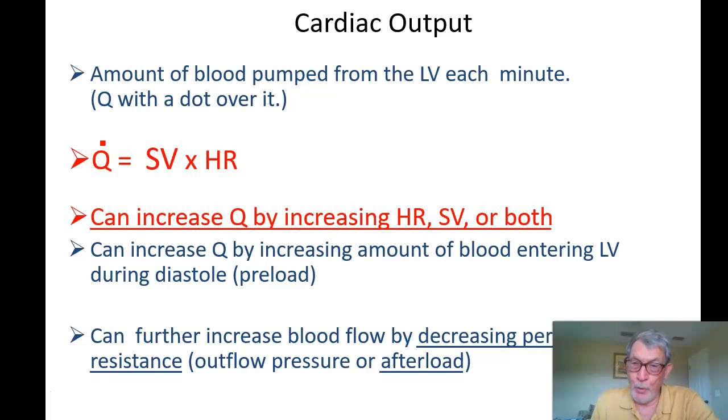So, what's the point of adding pressure? It's so you can squirt blood out. So your cardiac output, which is quantity per minute, the little dot means per minute. Now, very rarely I put the dot there because my computer won't do that. I had to put a text box with a period in it and move it over there. Okay? Q dot. The dot always means per minute. So the quantity of blood per minute, sometimes it's written as CO for cardiac output, because by context you know that we don't mean carbon monoxide, cardiac output. But the Q dot equals